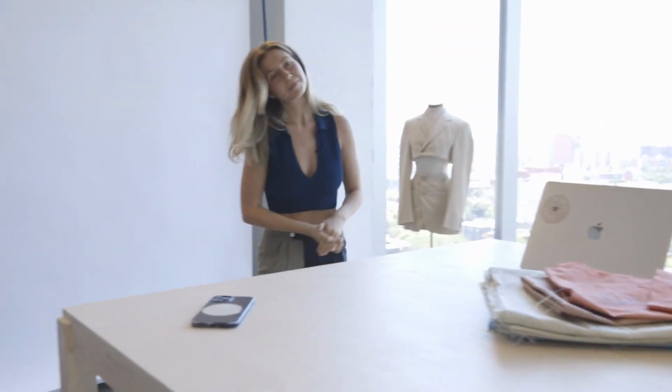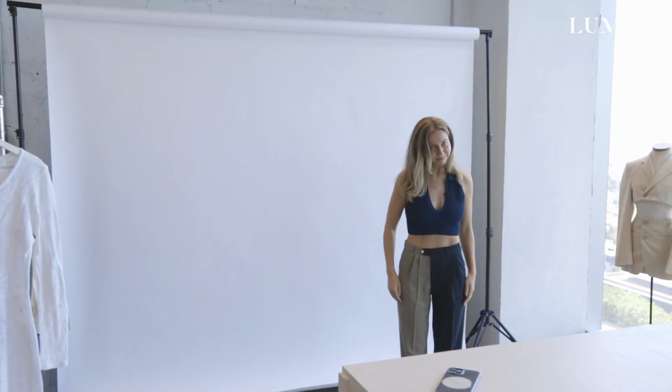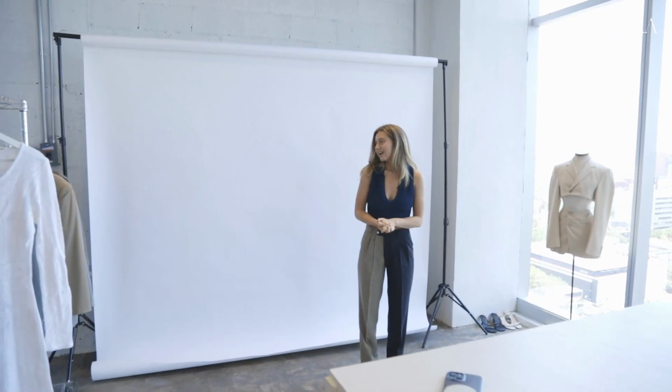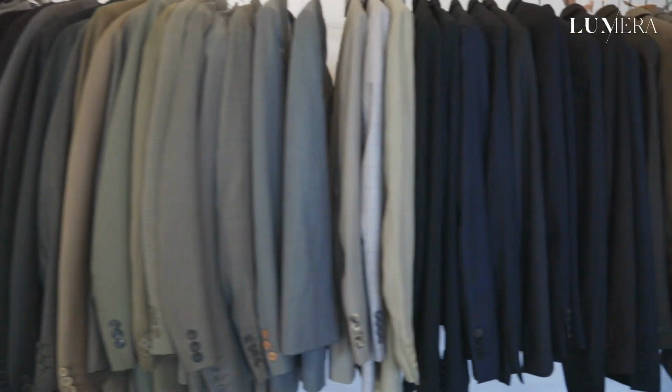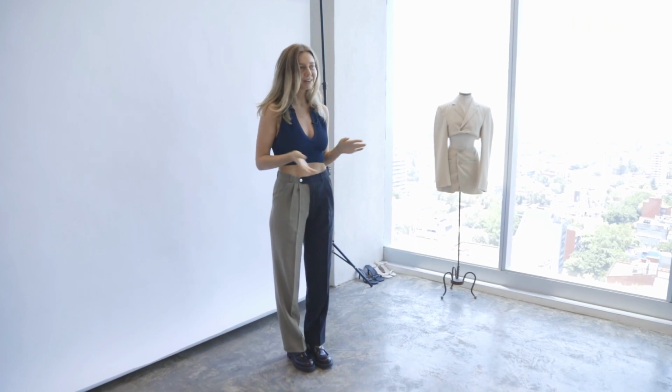And over here we have our backdrop where we take all our pictures for our website. So here we basically shoot all the pieces. We only do it with iPhone, so it's very bootleg, but we like the result and it feels authentic to